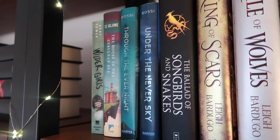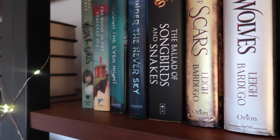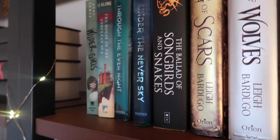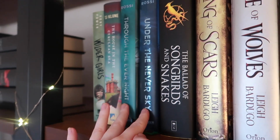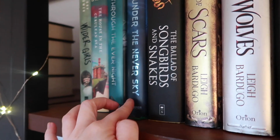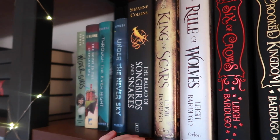Okay, so let's just go from left to right. To start off, I have Wilder Girls, The House in the Cerulean Sea. Then I have the first two books of, I believe, Under the Never Sky is the first book, from Victoria Rossi. I still need to read the third book in the trilogy. This is such an underrated series. I really love it, but I just haven't been able to find a hardback of the third book, so I don't know, we'll see. Then I have The Ballad of Songbirds and Snakes,